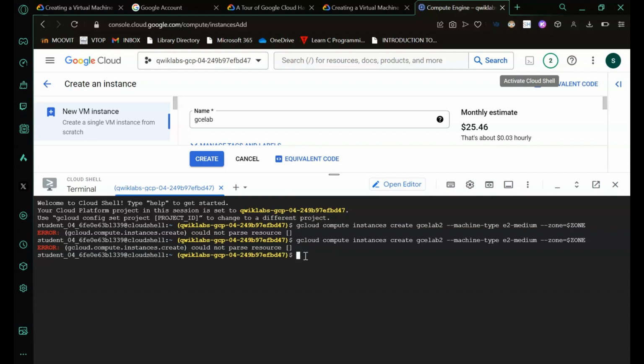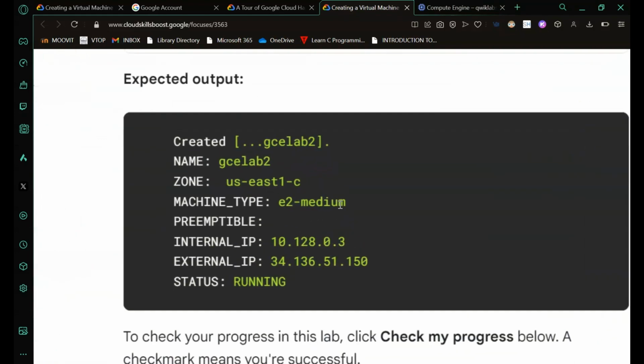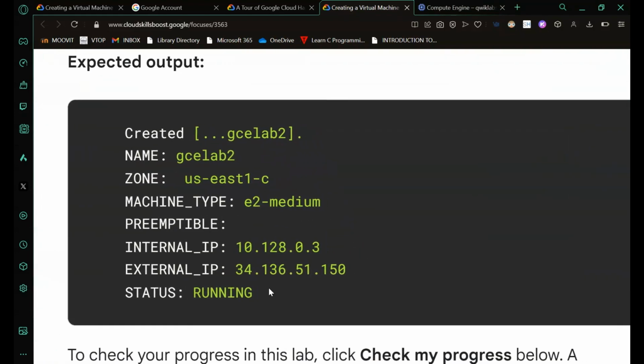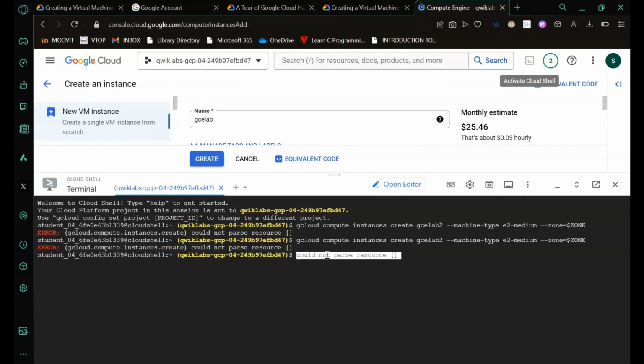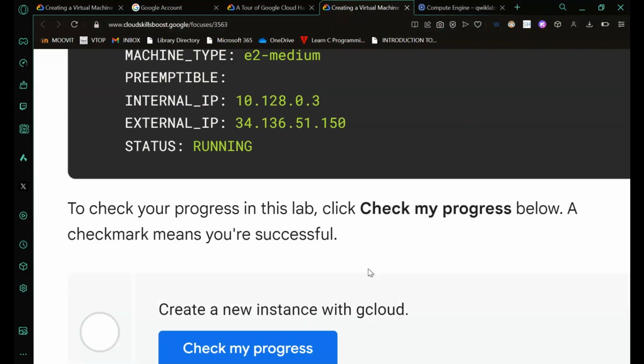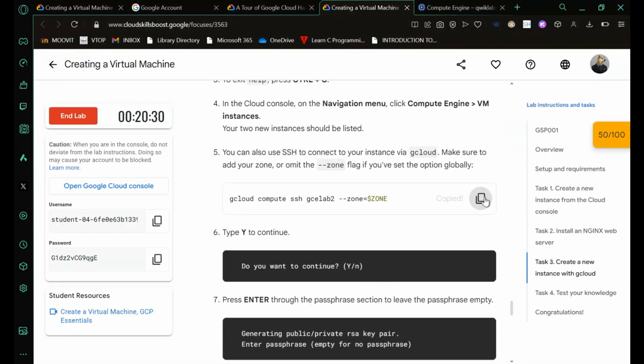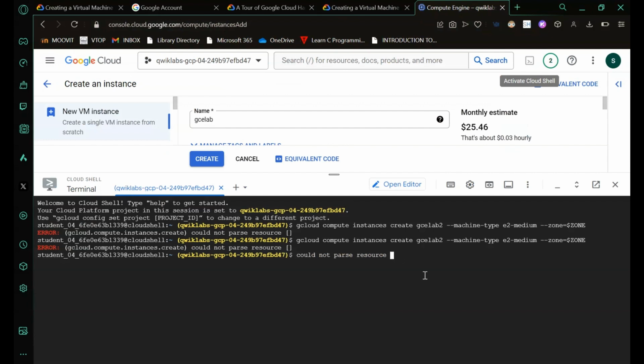Okay, so I have tried running this command multiple times, but yeah, it's normal to come across this issue. Sometimes the gcloud shell gives this issue, but you can always try to repeat the lab again, and it will start working fine. Once the gcloud compute instance starts working, all you have to check is the output. It should be showing like this. Now what you have to do is to connect it to the ssh, you have to run this command. And yeah, that's another way of creating a virtual machine.